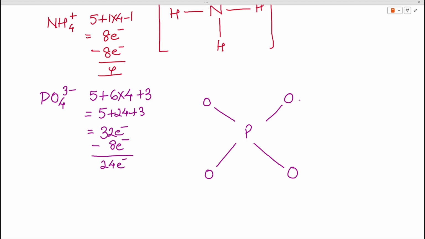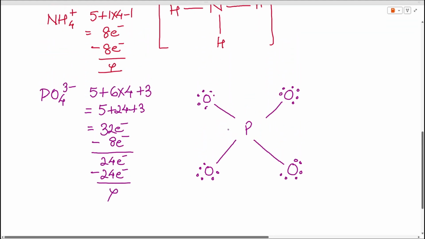Now the next thing we have to do is satisfy the octet of the peripheral atoms. So this oxygen needs 1, 2, 3, 4, 5, 6 more because it already has 2 electrons. So with each of the oxygens, we will put 6 electrons, and let us see how many electrons we've used in total. We have used a total of 24 electrons because 6 times 4 is 24, and we are not left with any electron. Now one thing I want to clarify over here, that though this